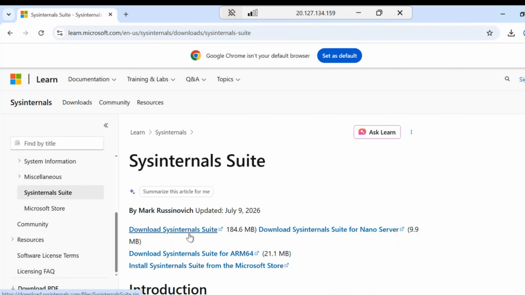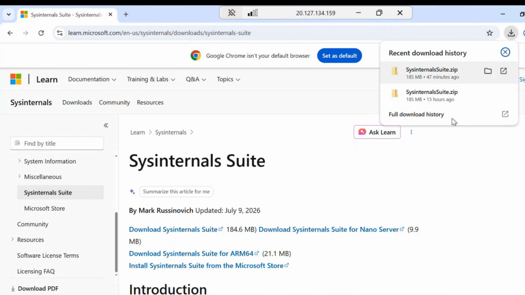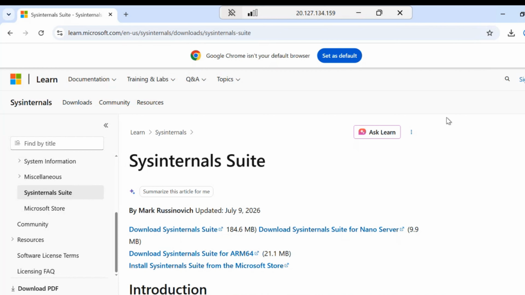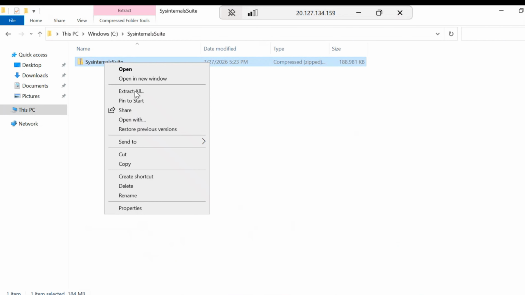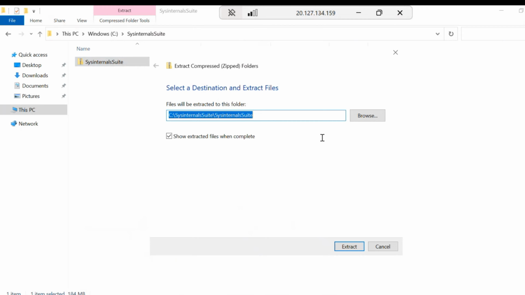Click on download. As we can see, I have already downloaded it. The download is a compressed zip file that contains all the Sysinternals tools. We need to extract the zip file. Yes, extract all.